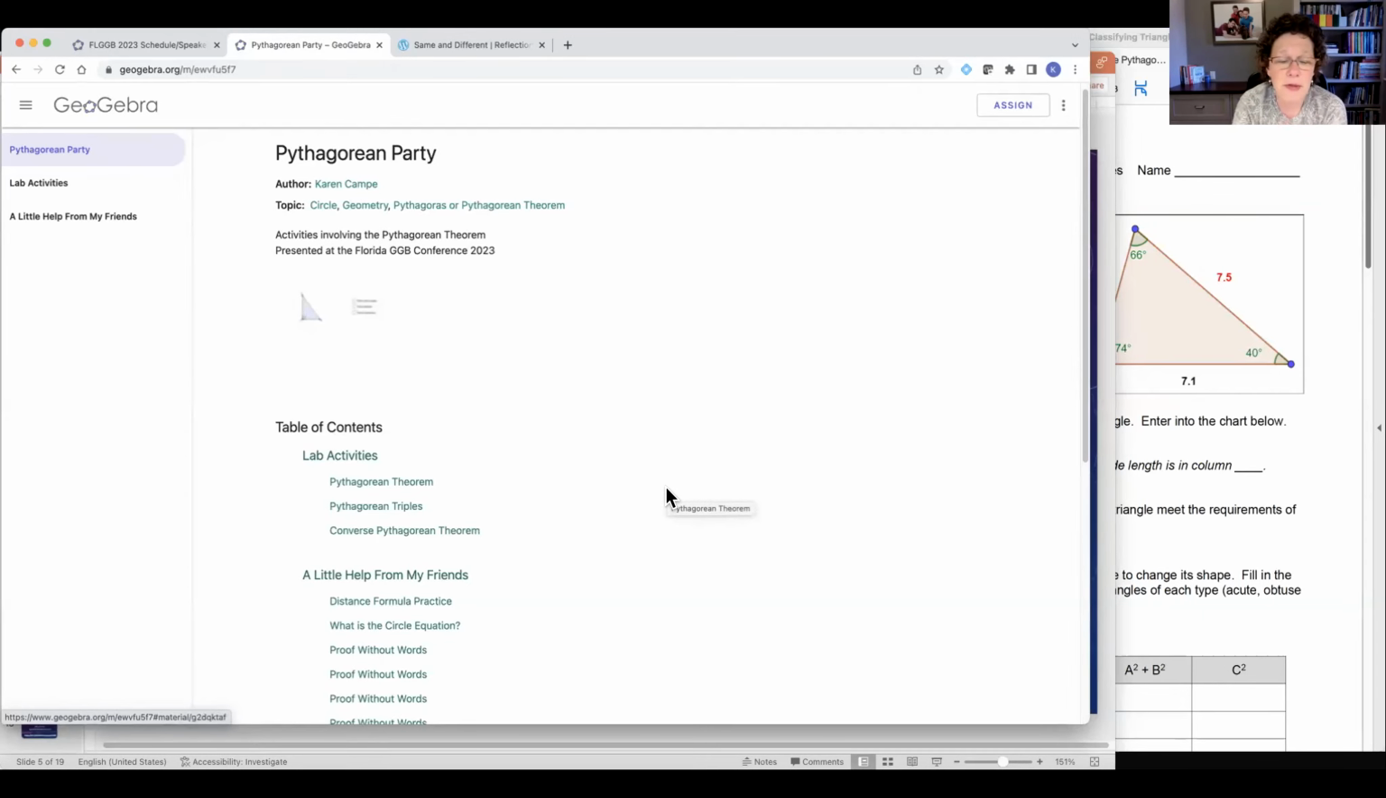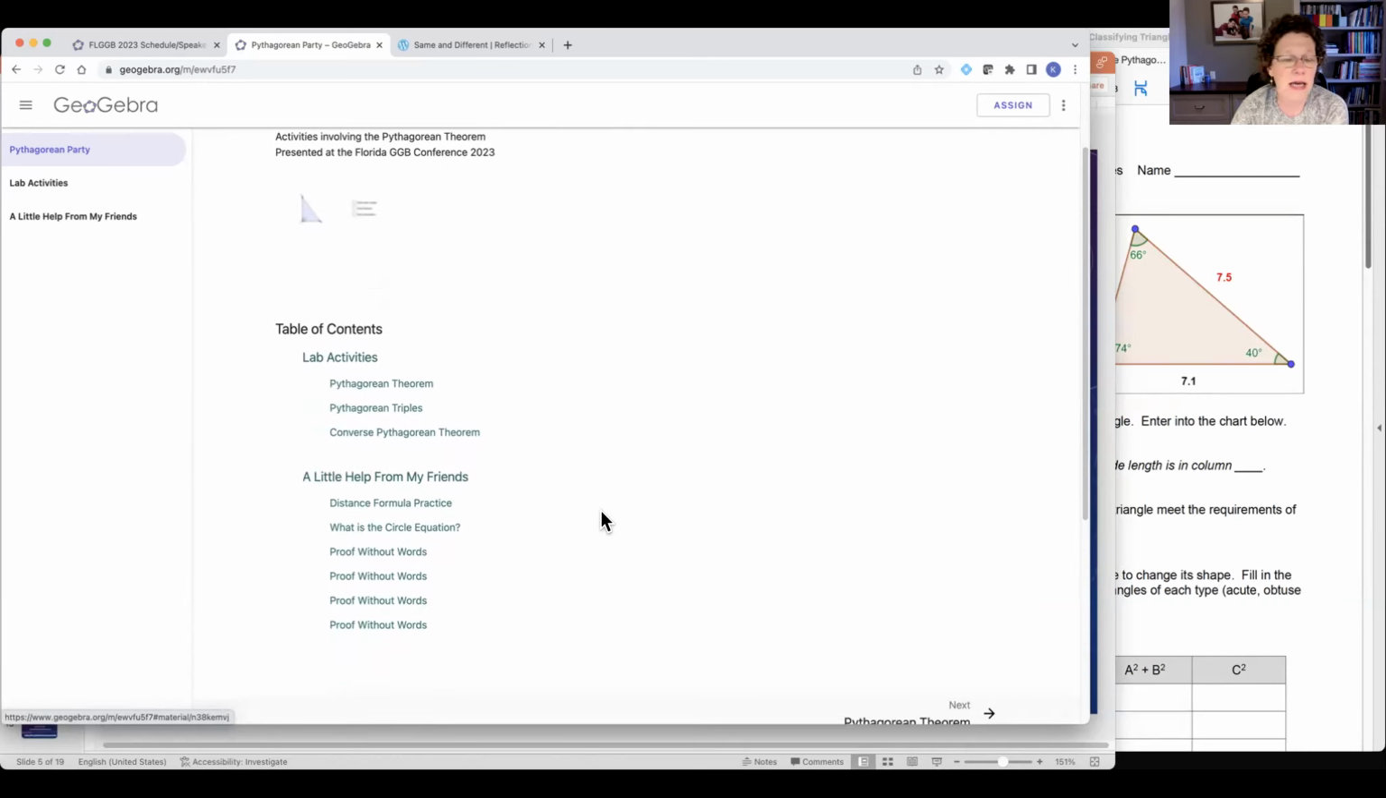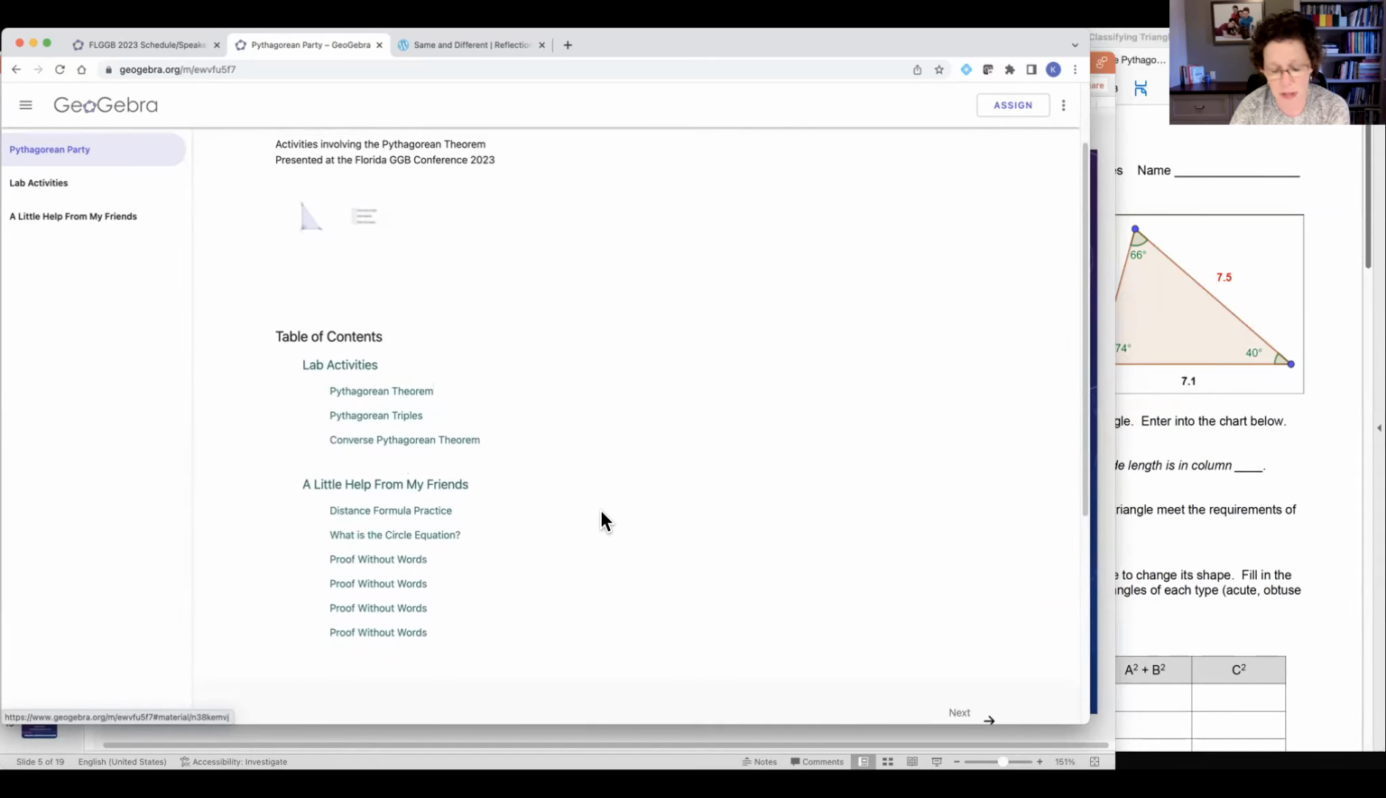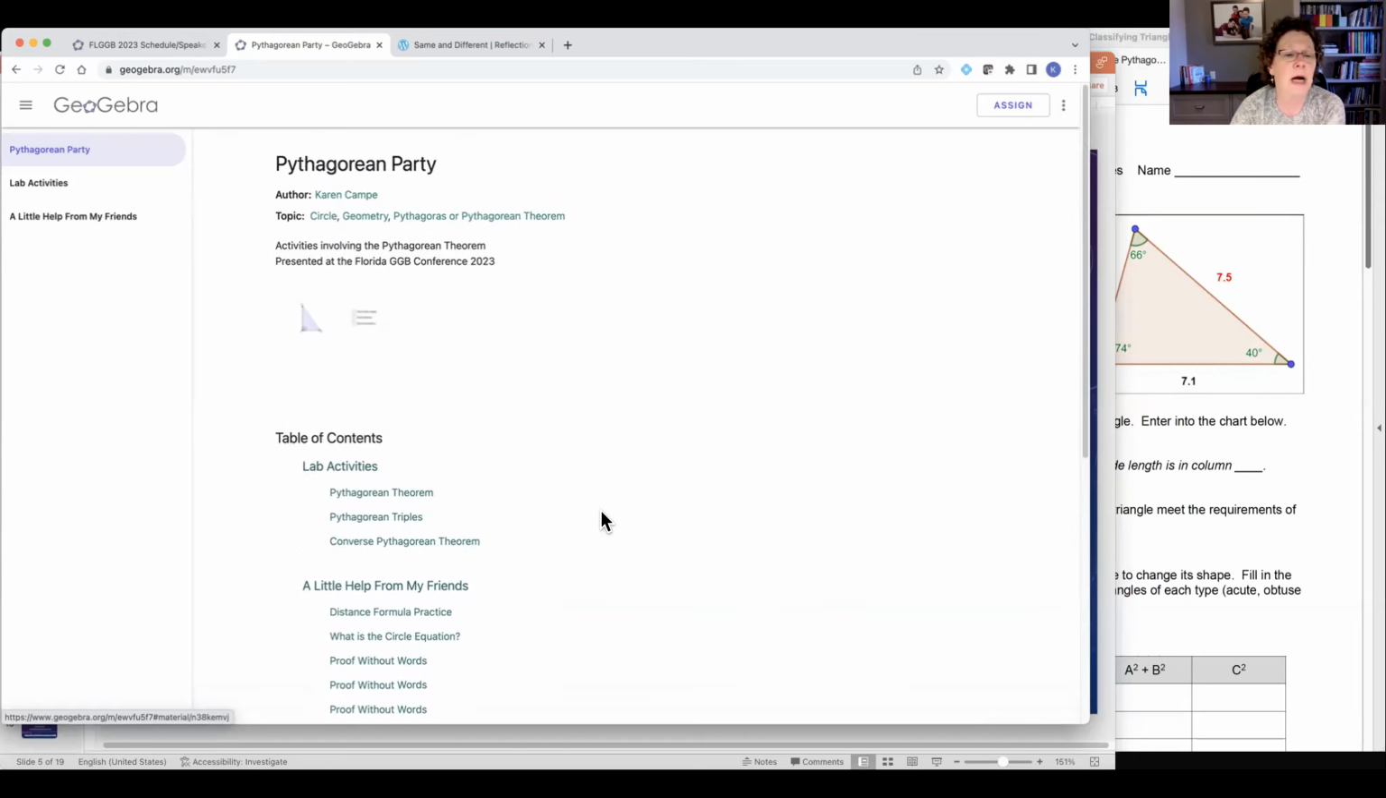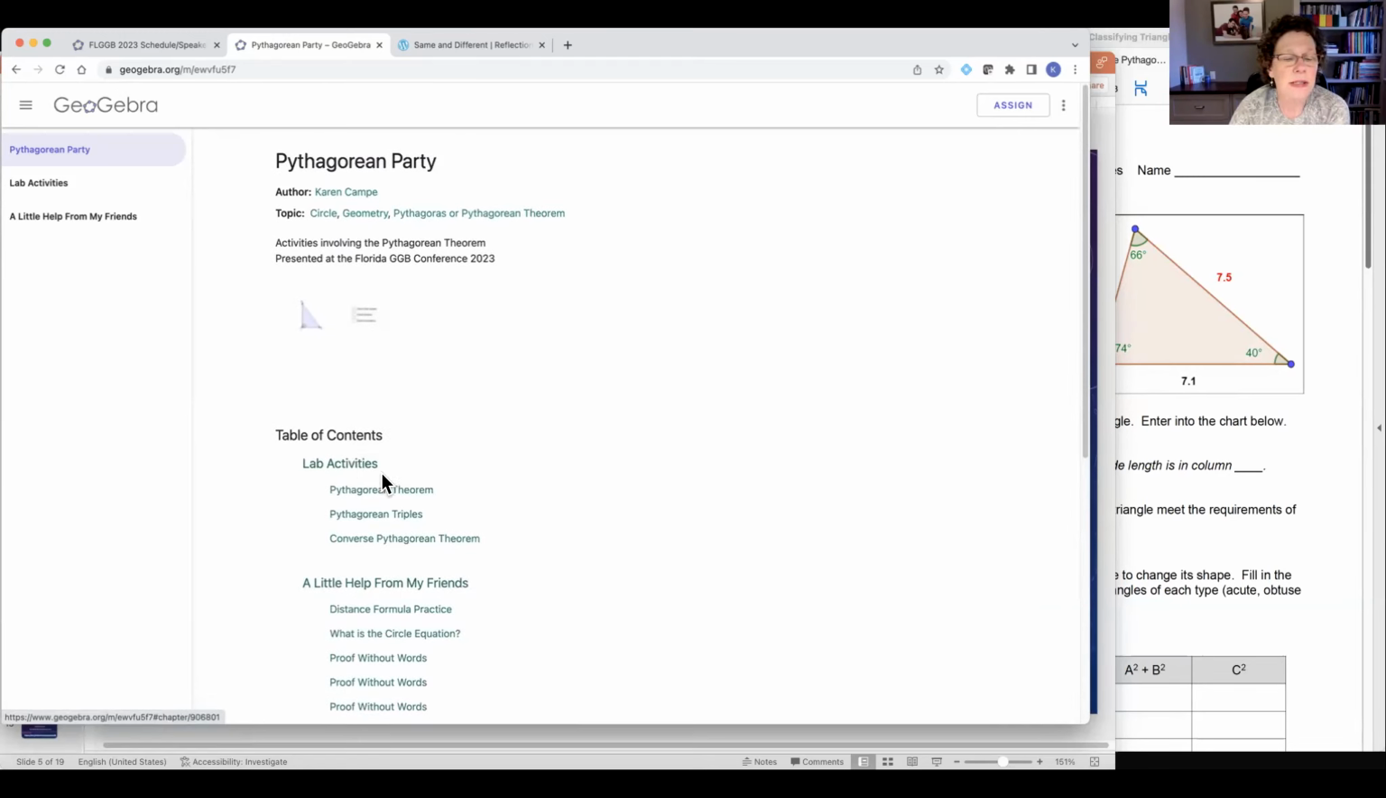So when you go to my Pythagorean party, I'm going to show you 3 lab activities today. We're going to go through 3 of them. And then I have a few more things at the end that are a little help from my friends, because it wouldn't be a party without help from my friends. So let's begin with the